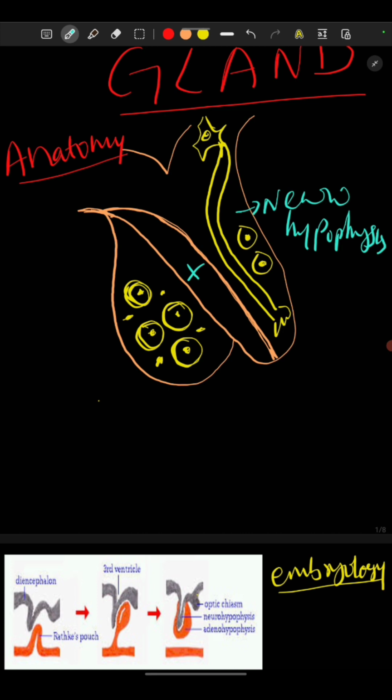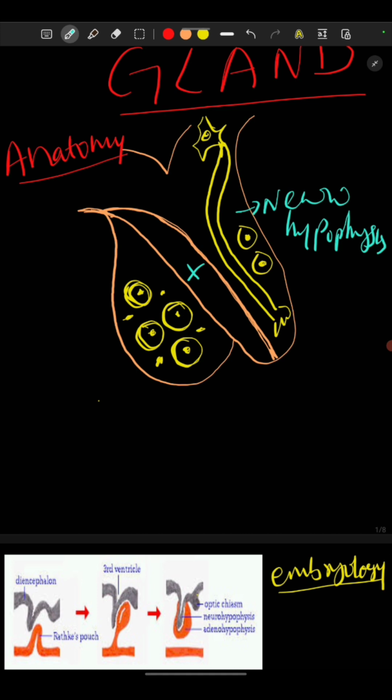The neuron extending from the hypothalamus to the posterior lobe has its cell body in the hypothalamus and its nerve fiber and nerve terminal in the posterior lobe. So the hormones secreted by the posterior lobe are formed in the cell body that is situated in